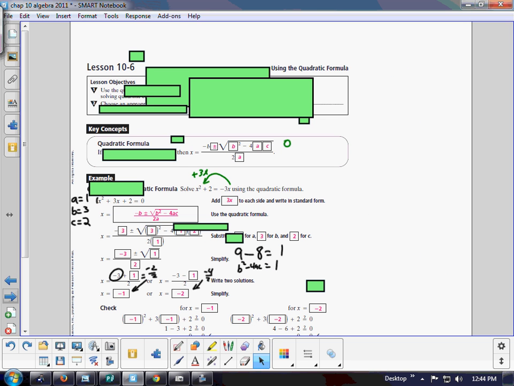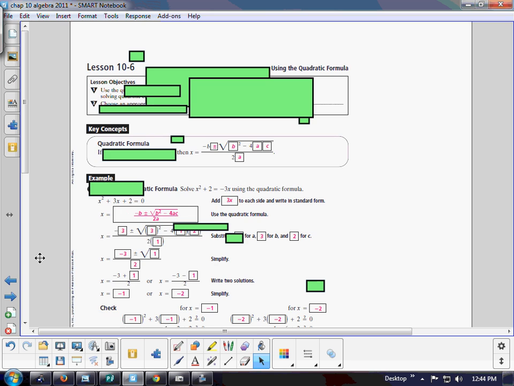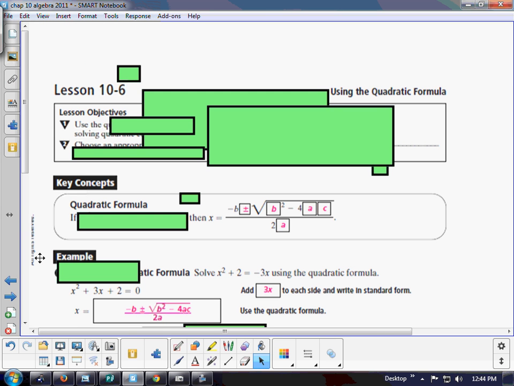Okay, these notes are already exposed, so let me clear this off. Make this a little bit bigger. Sarah, we're recording right now. I'm not sure what that means, but